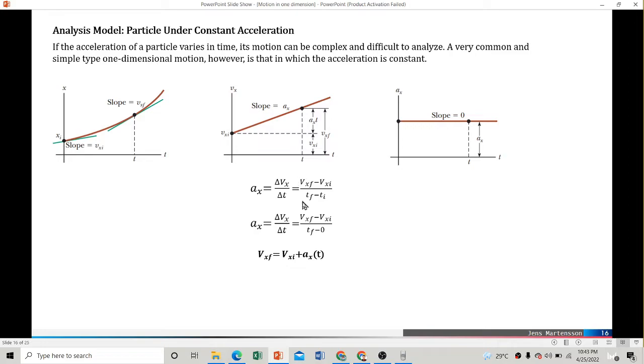Kani siyang equation. So since our t initial here is equal to 0, may bilin na lang sa atong equation: acceleration, gi-assume nato at x direction, is equal to vxf minus vxi over t final. So kung ato siya i-cross multiply and rearrange in terms of velocity final, we have this equation that is equal to velocity initial plus ax times the time. Okay,